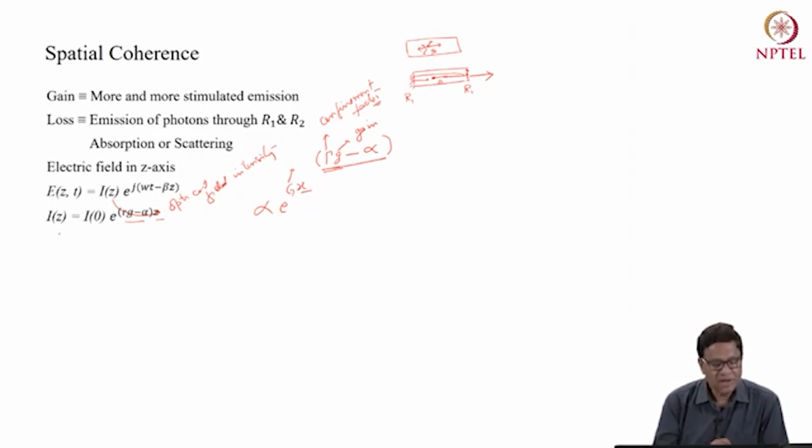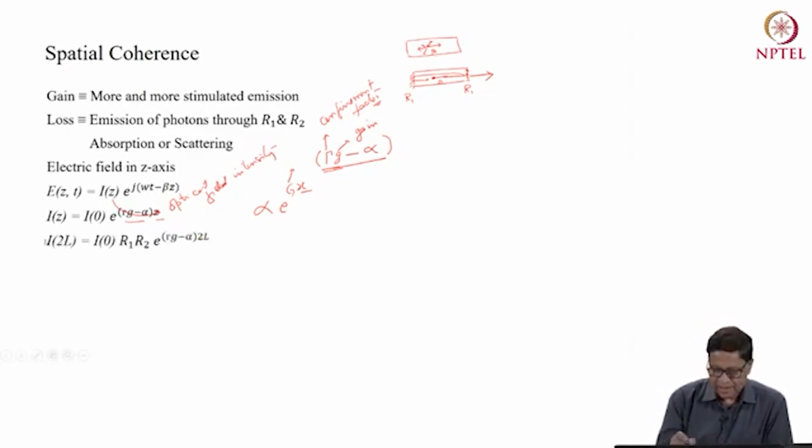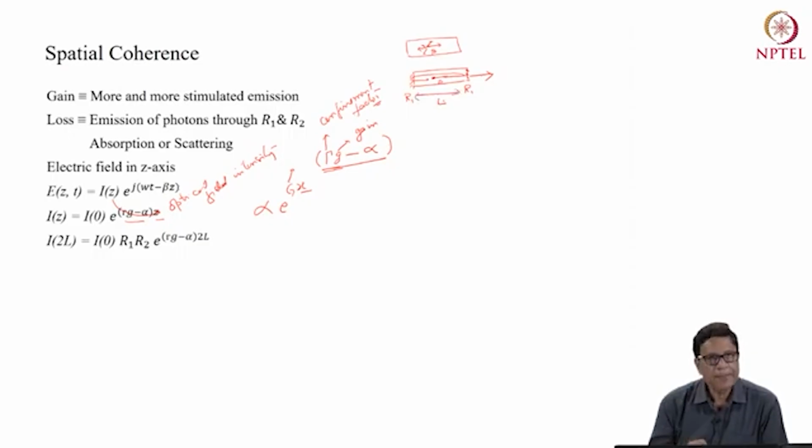I(z) is equal to I0 into e to the power (Γg minus α)z. And if you see, this distance is L. If it travels a distance of 2L, which means suppose a photon is generated here, it travels this distance, gets reflected from the mirror, comes here, again reflected from the mirror, comes back to the same position. So basically, it has traveled a distance of 2L,